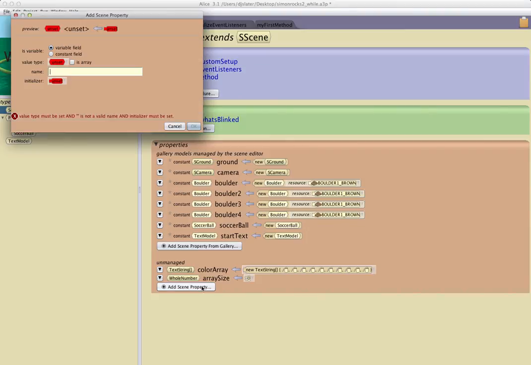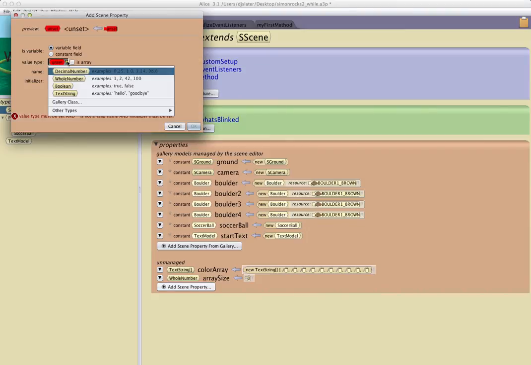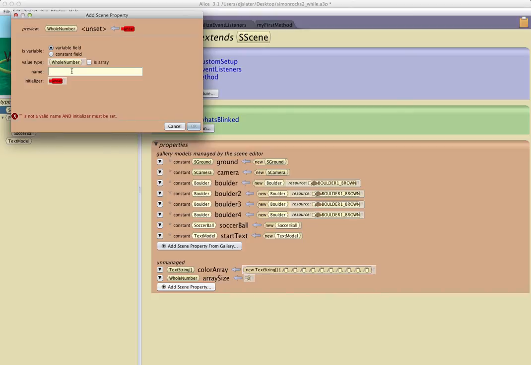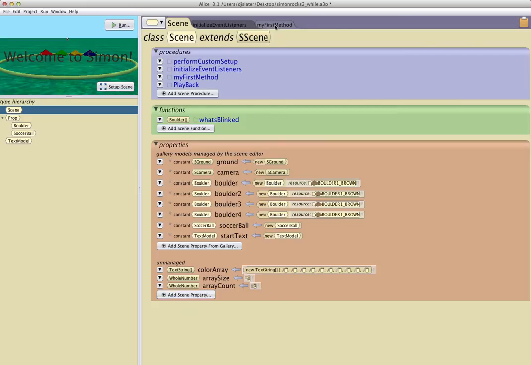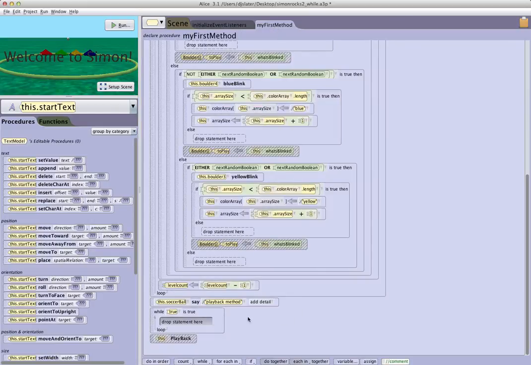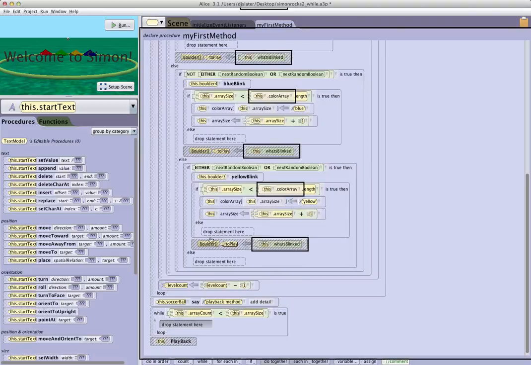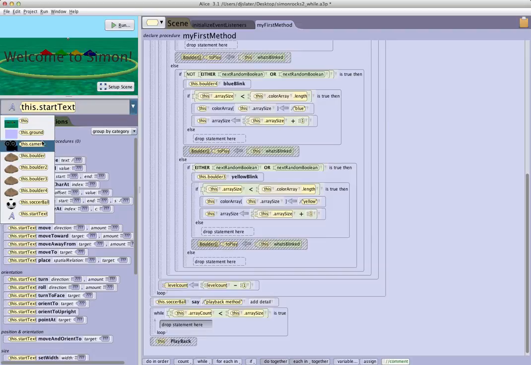I need another variable. So I'm going to create one more scene variable as my loop control variable. It again is going to be a whole number. I'll call it array count or array index or something like that with an initial value of 0. Click OK. Go back to my first method. And now I can build the test. While my current array count is less than my current array size, I can have the soccer ball